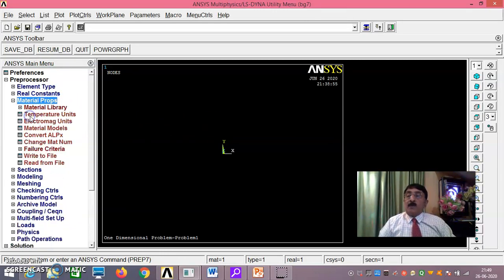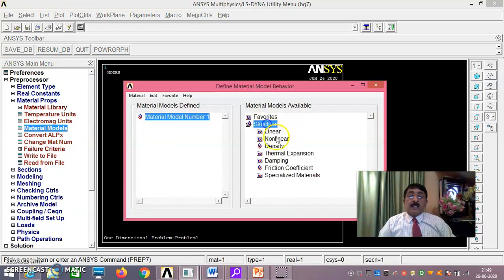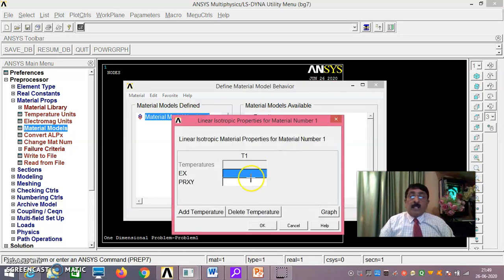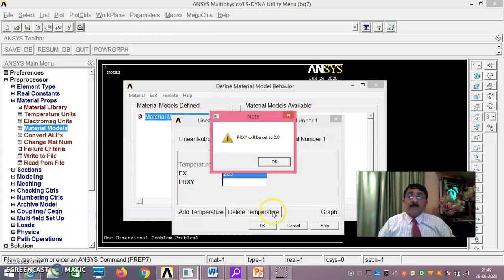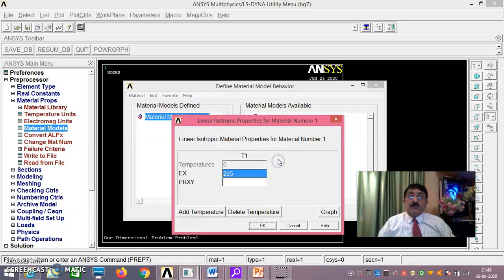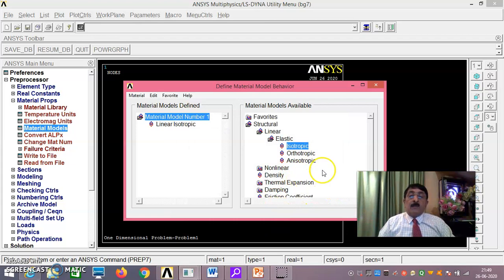In the same way go for material properties, material models, structural, linear, elastic, isotropic. In that way, you feed 2E5. This is for steel. This is material property number 1. Just say okay. This you set to 0 only because it's only axial loading.